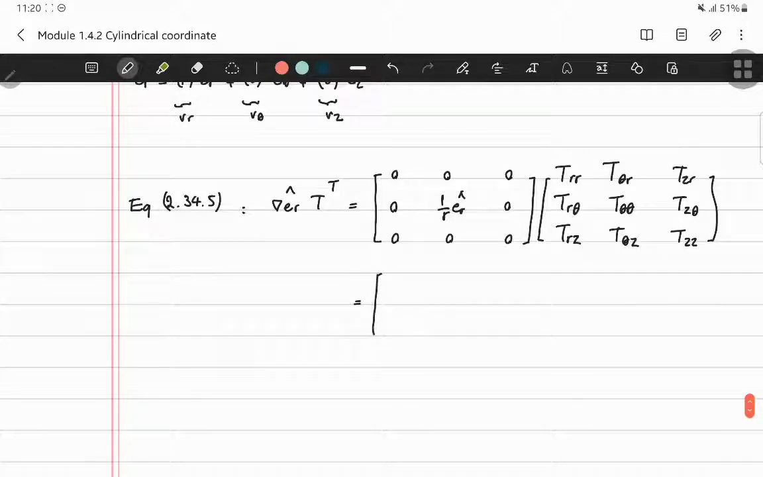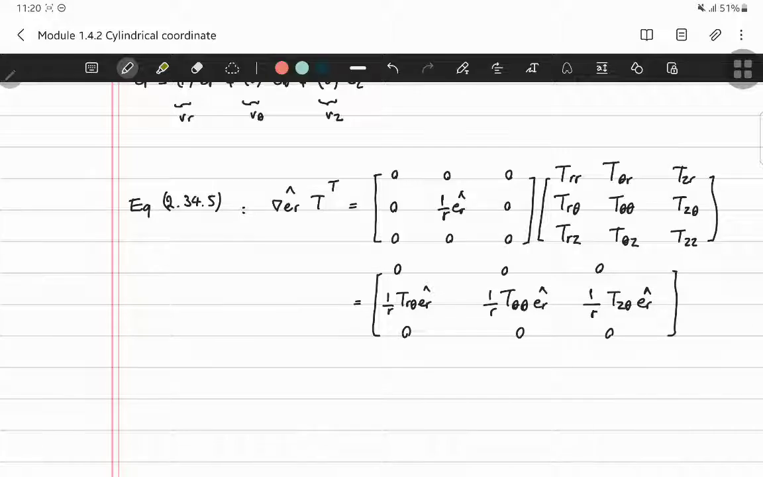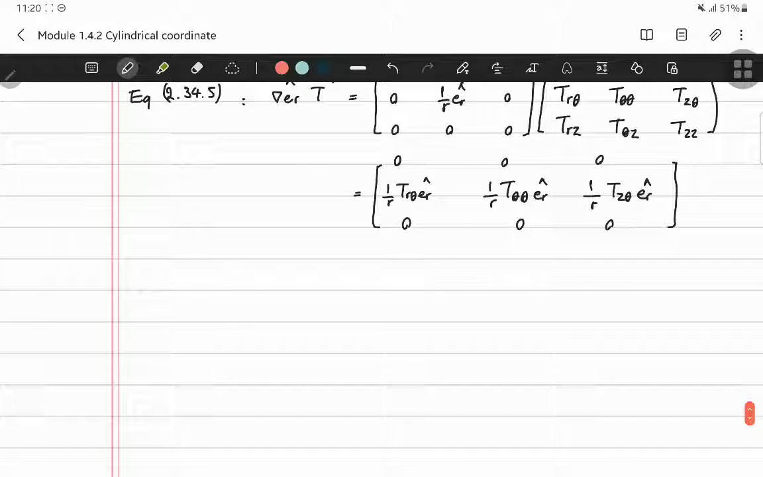So we have 0 here, 0 here, and 0 here. And then we have 1 divided by R, T R theta, ER. We have 1 divided by R here, T theta theta, ER. 1 divided by R, T Z theta, ER. And the rest are 0. So the trace here